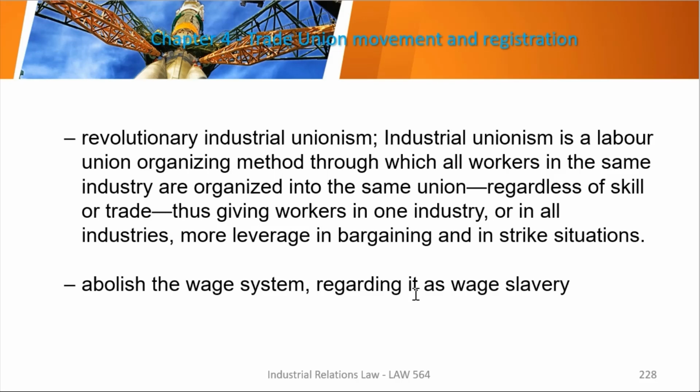Okay, and also to try to abolish the wage system. The wage system is considered by them as slavery. However, that is the best system that we have so far, and we have been applying that system. But somehow, it's moving in another direction, where the point is to get employees to share the profit of the company.